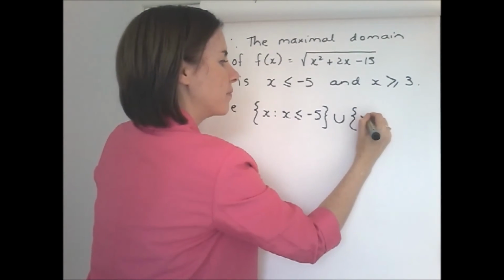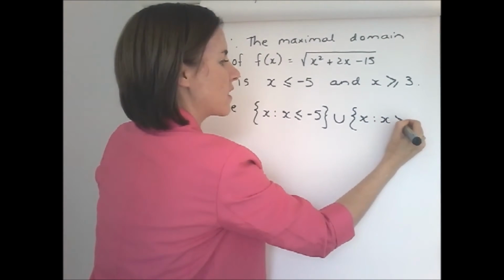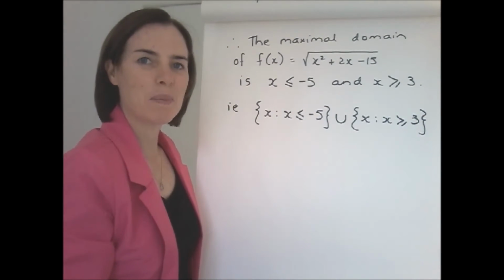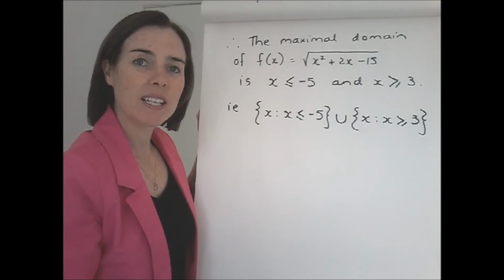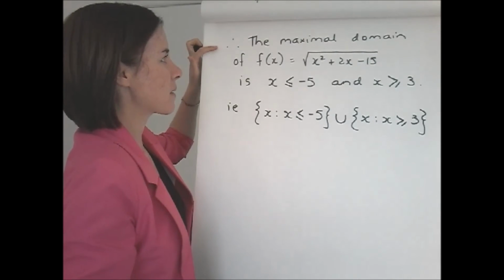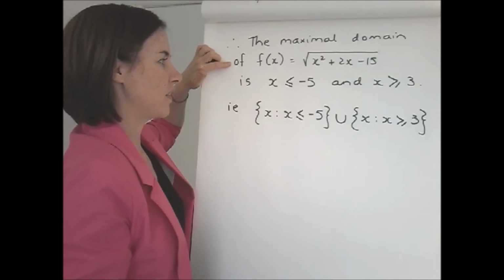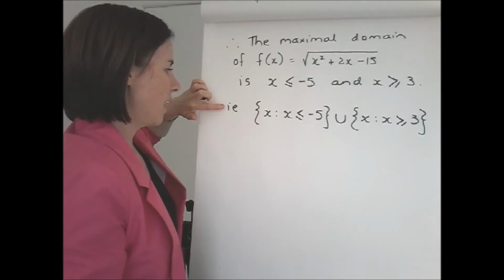Then we put the other one, x such that x is greater than or equal to positive 3. That's a better way. So really, the answer would read, the maximal domain of f of x equals the square root of x squared plus 2x take 15, skip that line, is